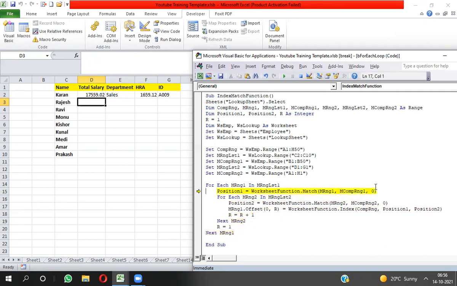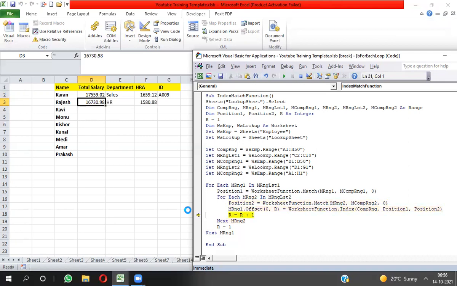Now I will get the position of Rajesh. You can see the position of Rajesh is 28. So 28 is the row number and column number will be 8. Here 8 is the position of total salary. So you will get the salary of Rajesh.